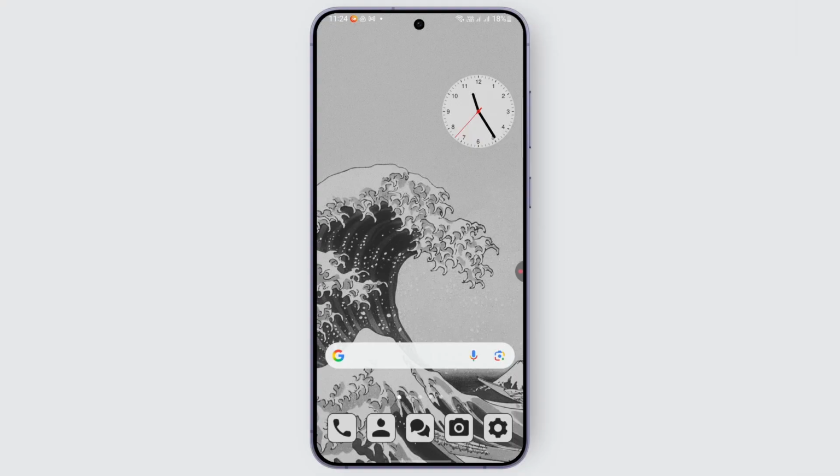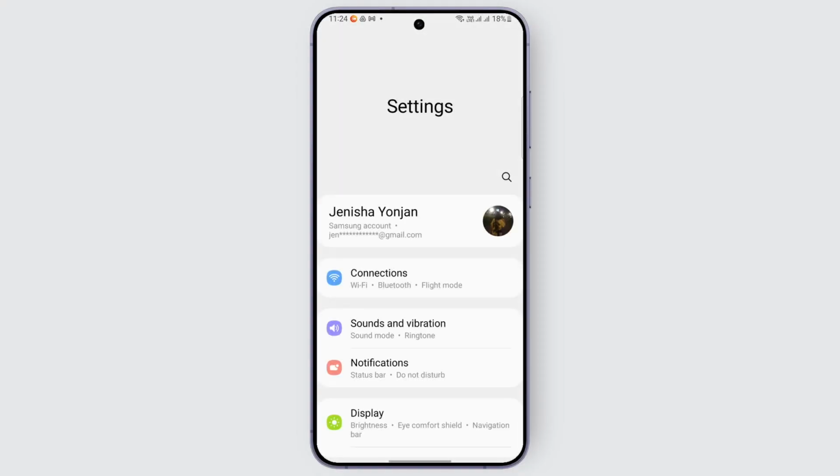How to enable gesture navigation on your Android phone. If you'd like to enable gesture navigation on your Android phone, you may follow these steps. So navigate to your settings for that, open it up, and once you open up your settings, you will be finding